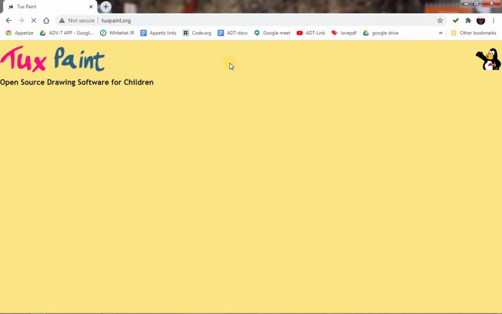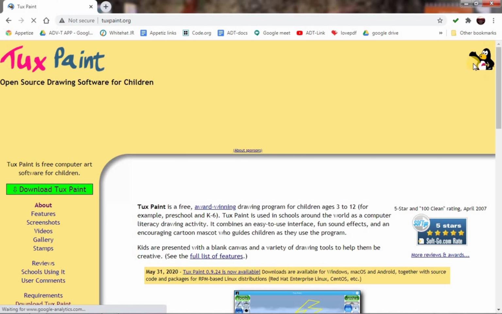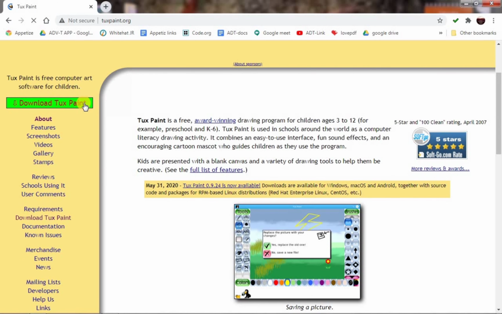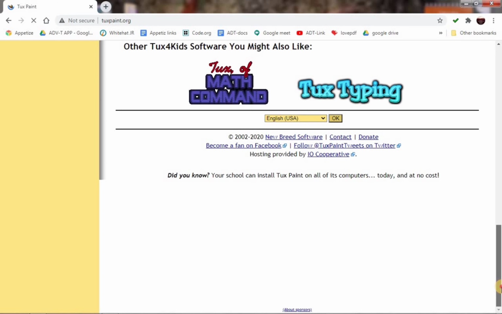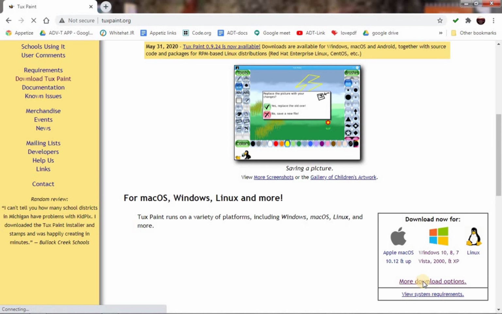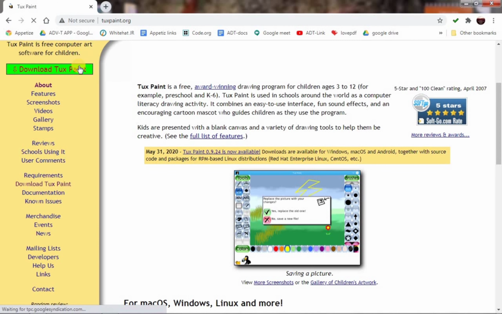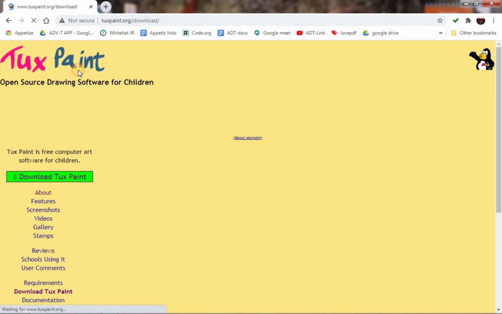See, the painting has come up. It has this logo, a penguin type of a thing. Here it is download. If you press this download here, or you can see there download over here, also more download options. You can simply go here and press this.